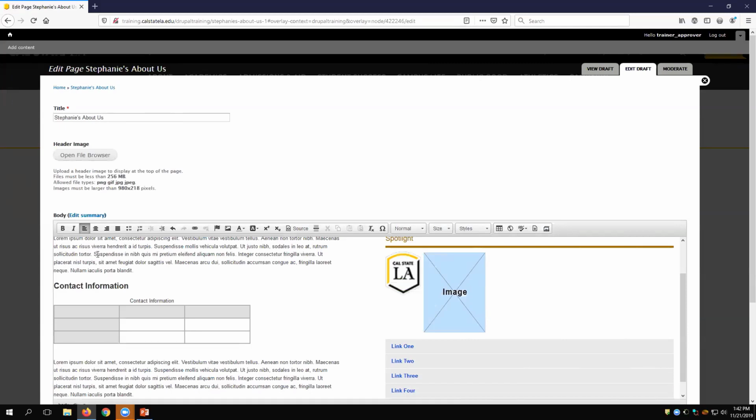Once we have that, I'm just going to put another paragraph between these two, mostly for spacing issues. But for the table itself, I'm going to have it name, email, phone.